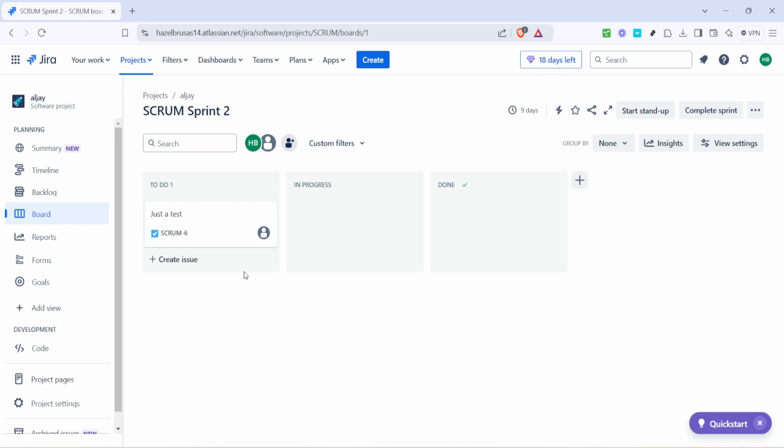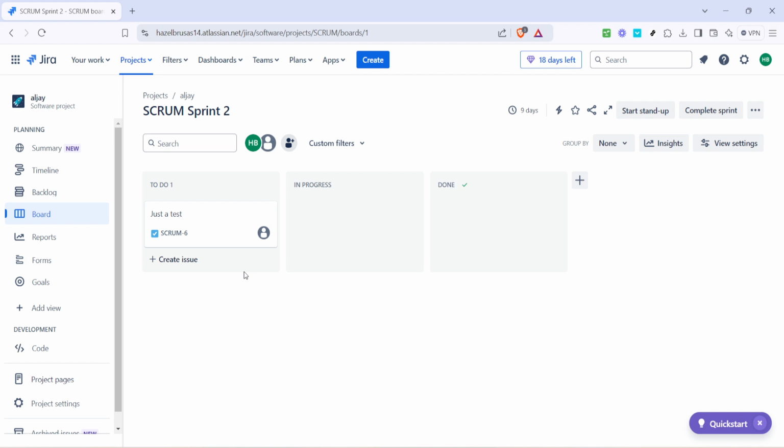Let me offer you some useful tips here. As you're getting accustomed to the board, you may find it helpful to experiment with various views and filters. Jira allows you to personalize how information is displayed on the board. Look for filter options to tailor the view according to your current needs, be it by priority, assignee, or sprint. Mastering these filters will streamline your project tracking and optimize your workflow.